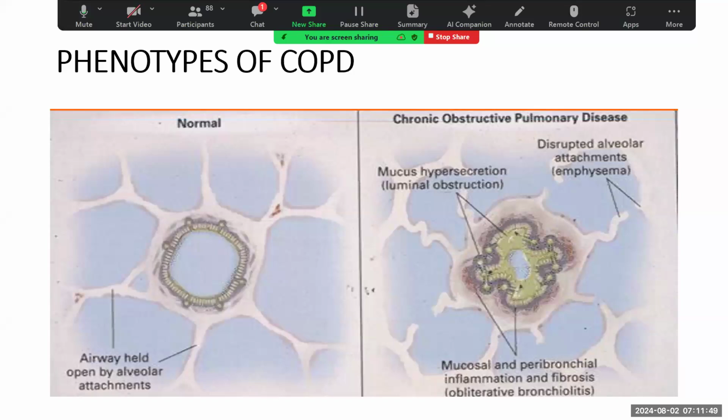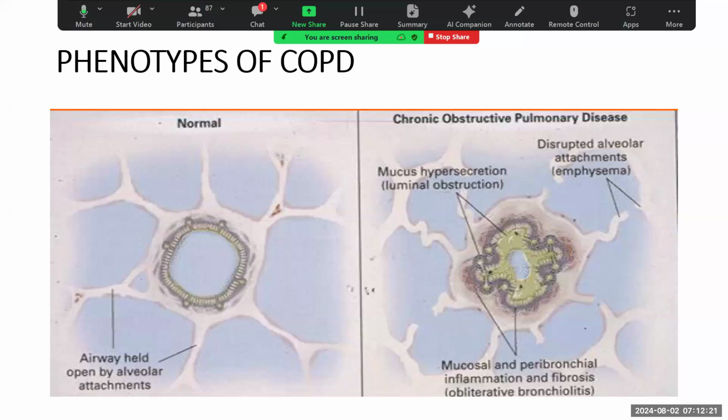The picture on the left is like a normal histology. You can see the alveoli surrounding the bronchioles and keeping them in place, keeping them patent. Now on the right, we now have destruction. Like in emphysema, what you have is destruction of these alveoli, and so you can see the destruction of the alveoli, and that makes them lose the tensile strength they have on the bronchioles. So that can lead to collapsing of the bronchioles and then lead to obstruction of the airway.